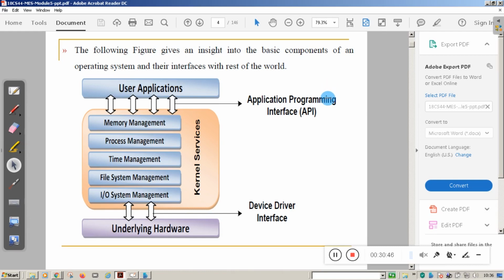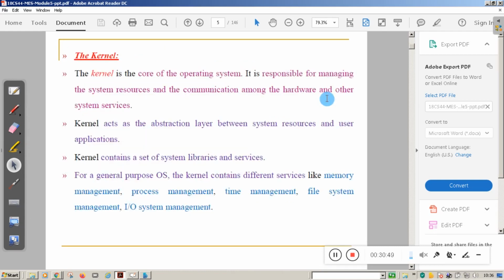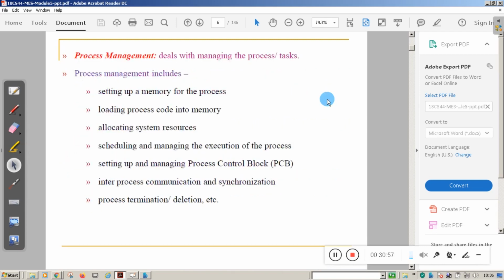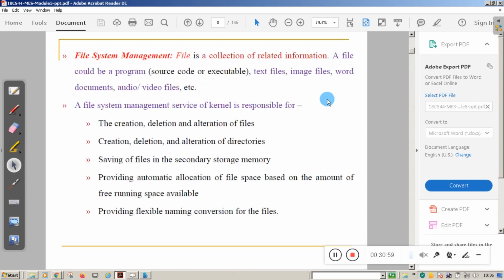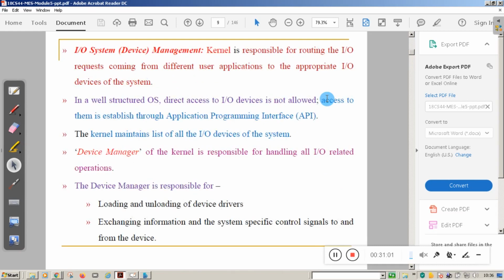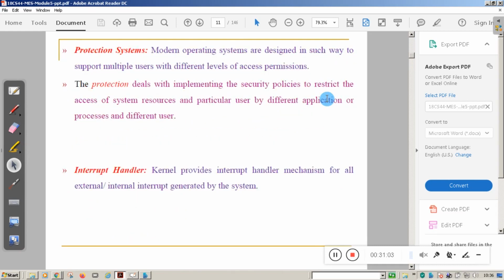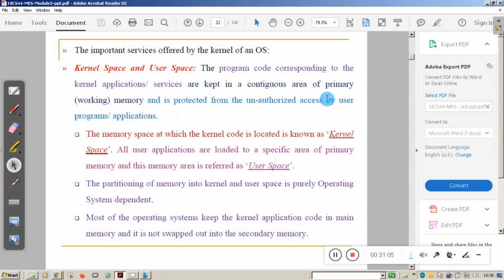We studied all those things. I told you the kernel is nothing but the heart of the operating system. It is the abstraction layer. Then I explained what is process management, primary memory management, file system management, IO system management, secondary storage management, all those things.